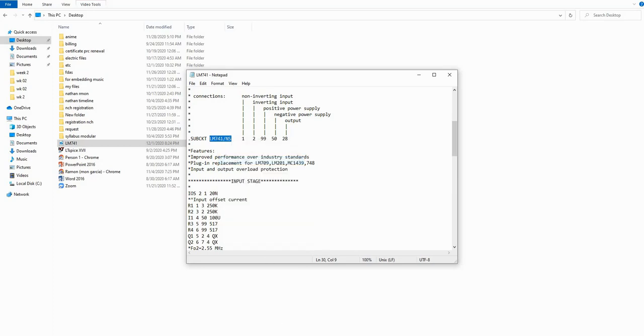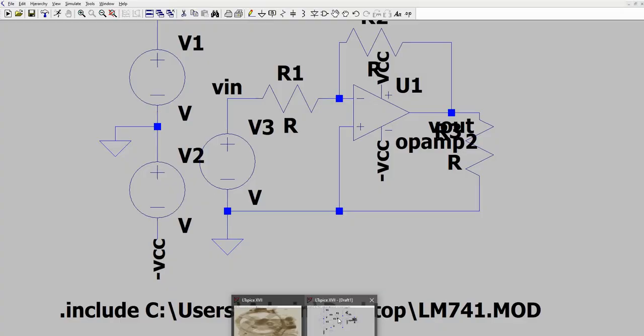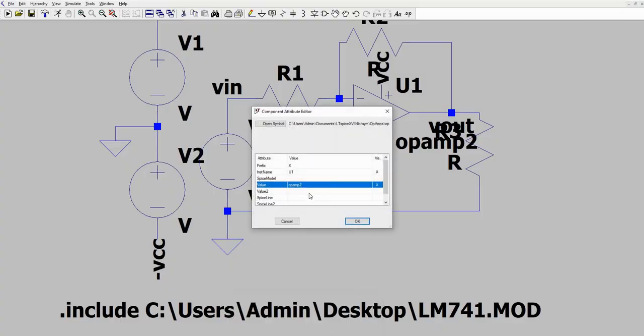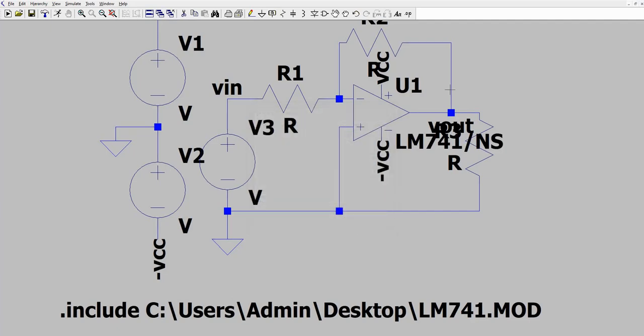So you need to copy that. Then going back to your LTSpice, right click, rename the op-amp 2 with the LM741/NS. Then click OK. So if you want, you can just move the name below as well as the other variables.